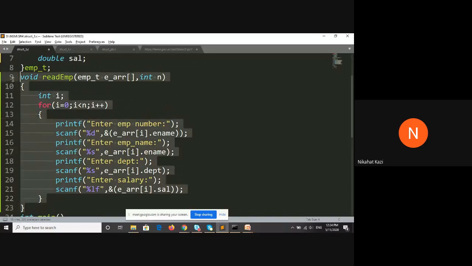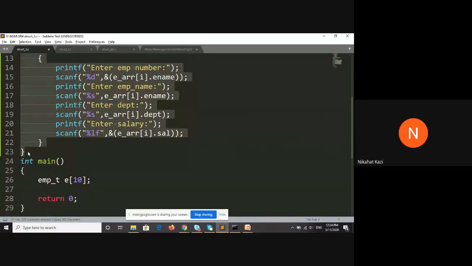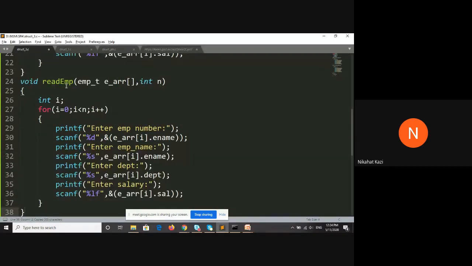Similarly, for printing employees, you will create one more function. We'll call this print employee. The changes will be that wherever there is a scanf, you will have a printf. You will remove the address of operators. So the employee number you will printf.